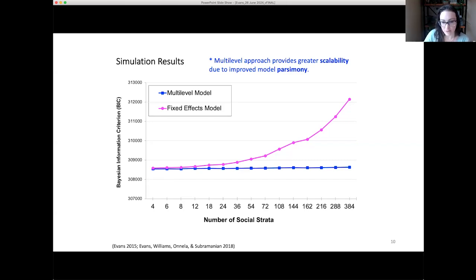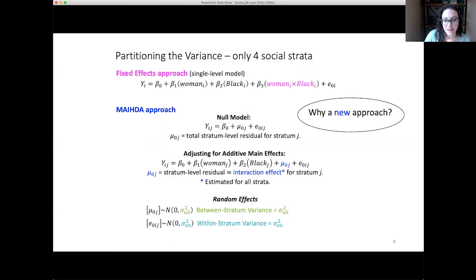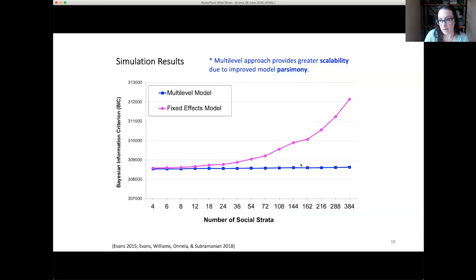The reason for that, just going back a slide, is, again, we're not putting in all of the interaction effects. Here, it's not such a big deal because we only have one interaction effect. But if we start adding in just other additive effects and no interactions, we could keep it in the realm of, for this one, I think it was something like 13 or so beta terms versus 384 beta terms for the fixed effects model.